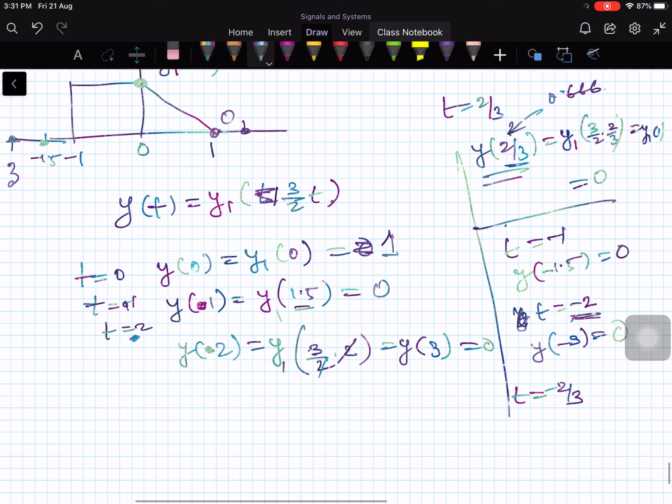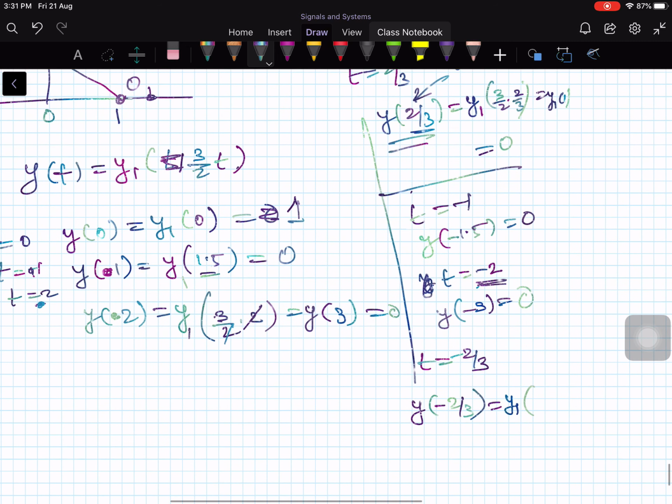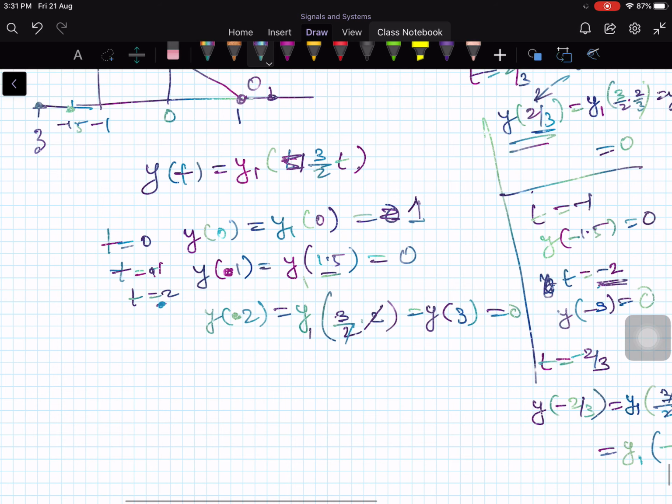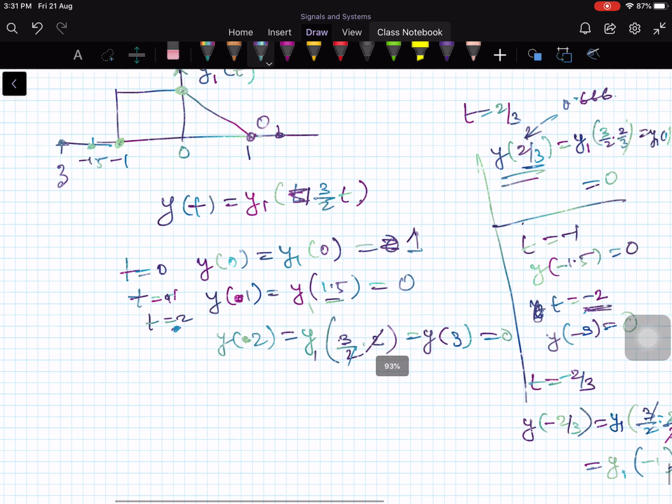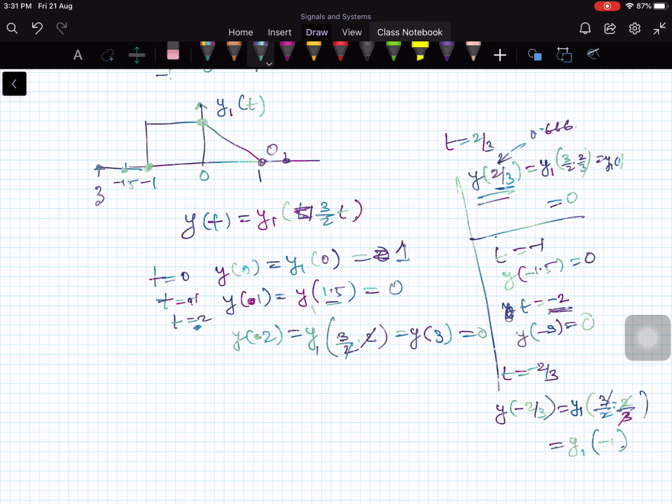Then what happens? y of minus 2 by 3 is equal to y1 of, already have 3 by 2 there, times 2 by 3, right? The 3 and 2 will get cancelled. So, y1 of, I have a minus sign here, so therefore minus 1. At y1 of minus 1, this becomes here. Now, the same shape comes here. Now, what happens when